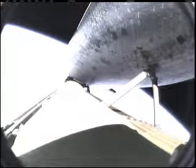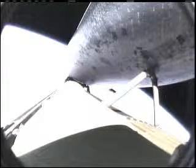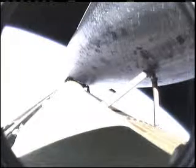Endeavour, single engine press, 104. Roger. Single engine press 104. Endeavour can reach orbit on 1 engine should 2 fail. However, all 3 are still in good shape. The 3 main engines